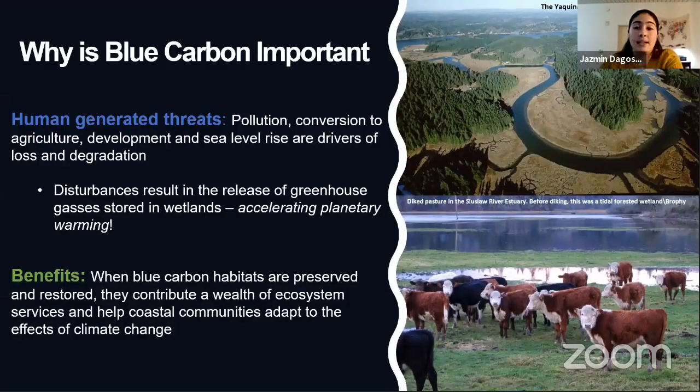So lastly, I want to leave you with a final word on why we care about blue carbon. From our short time together, you most likely have gathered that there is an underlying theme to our presentation, and that is attempting to reduce planet-warming greenhouse gases by using natural ecosystems. Now, I want to make clear that the best way to address the climate crisis is really to curb our emissions, but I also want to emphasize that if we don't preserve coastal and marine habitats, we run the risk